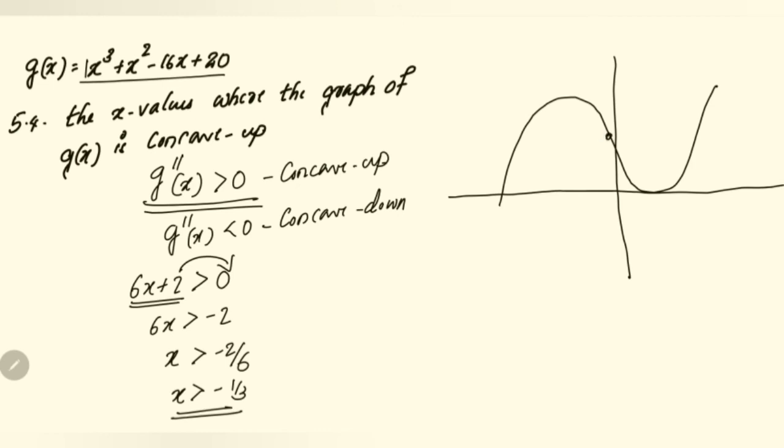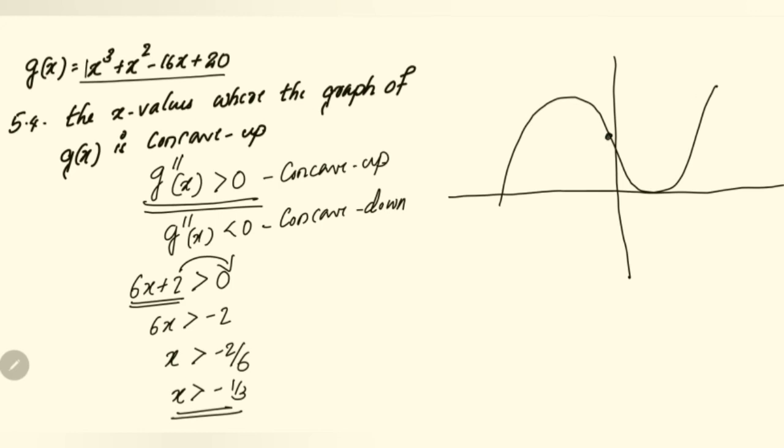This point, that is the point of inflection, isn't it? That is the point where the graph is moving from concave up to concave down, and from concave down to concave up. In this case, what happened? Concave down first, then concave up. You understand? So after this point, this graph is going to be concave